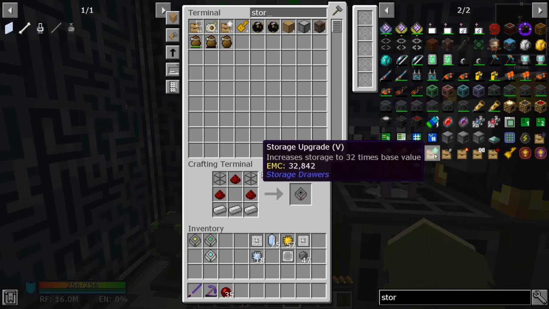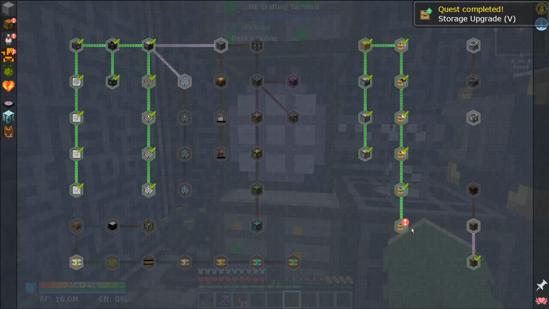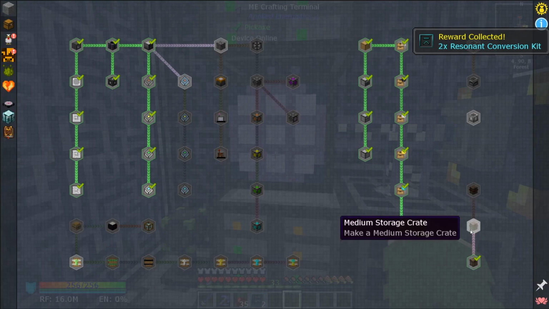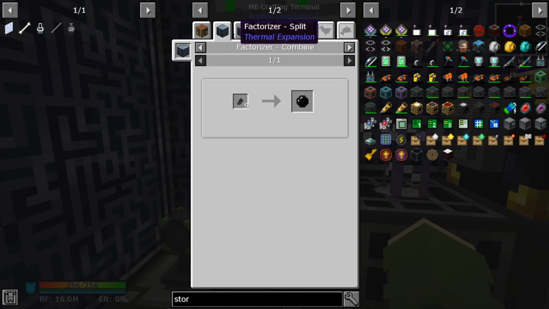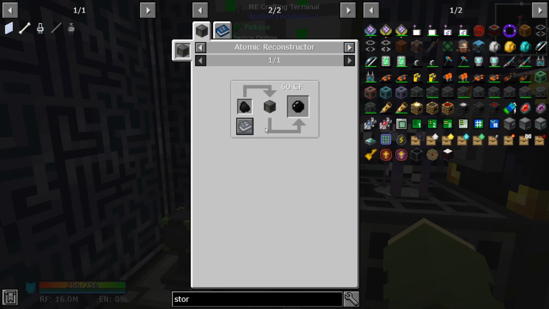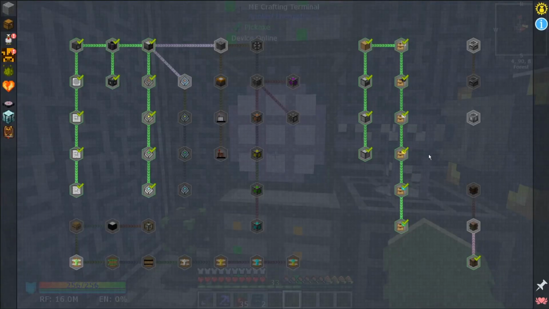And if we find the emerald one, we got that taken care of. And some conversion kits, that'll be helpful. Looks like medium storage crate. What are we missing? Looks like we're gonna have to go down to Actually Additions to get some void crystals, and that would be coming from coal in the atomic reconstructor. Alright, well, we'll have to maybe venture into Actually Additions here in just a second, but let's